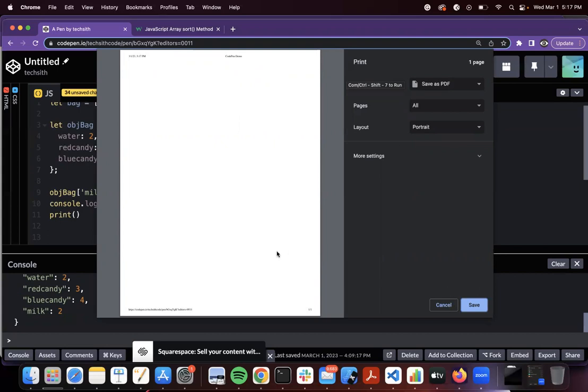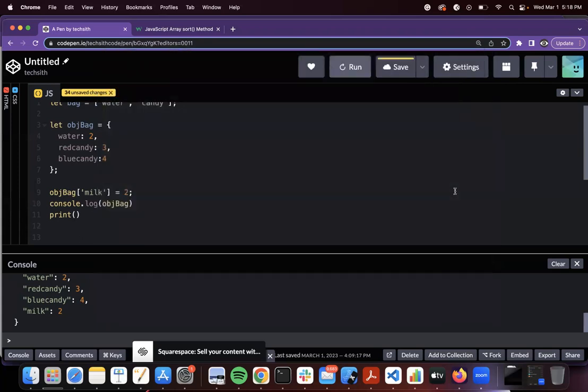Exactly what is it printing? So there is a CodePen demo. I don't know what it is printing. I know that you can print the page. Anyway, that's a different subject. I get excited when